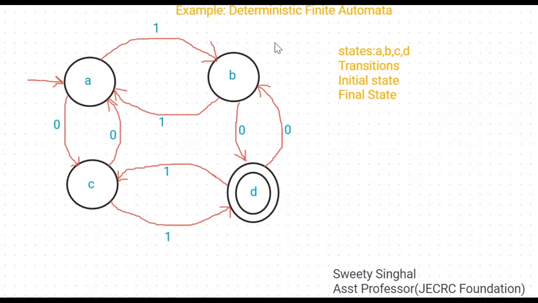And the transition function will be represented by these transitions. If I get input 1, then our transition will go from A to B. If I am getting input 0 at state A, then the flow goes from A to C. This is known as the transition function. I hope this is clear to you. In our next lecture, we will come with some more examples to understand deterministic finite automata. Okay, so thank you.